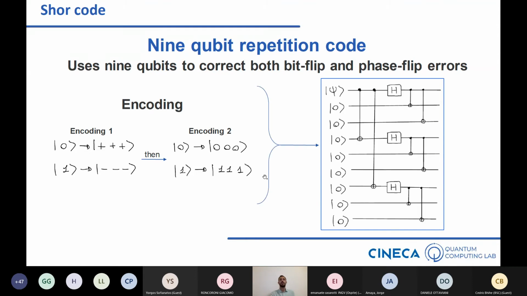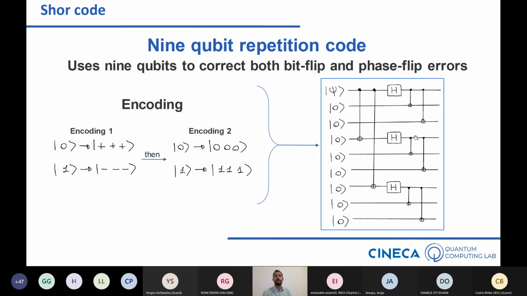So basically, what you're doing is this circuit here. So you first encode the initial state psi into the second, third, into the fourth, and into 5, 6, into the 7th qubit. So in this way, you get a plus, and the minus, minus. So it's basically what we've seen before. At first control and then Hadamard.